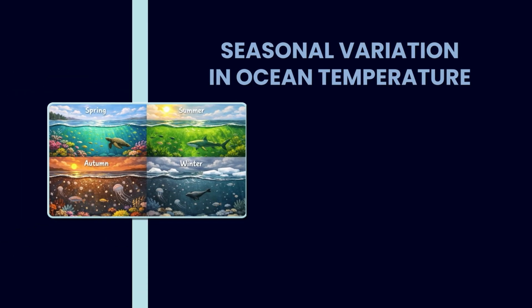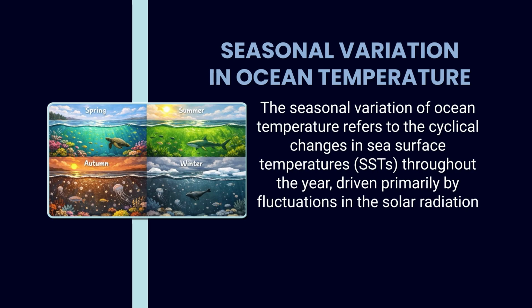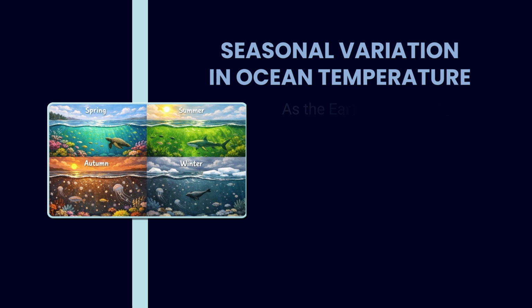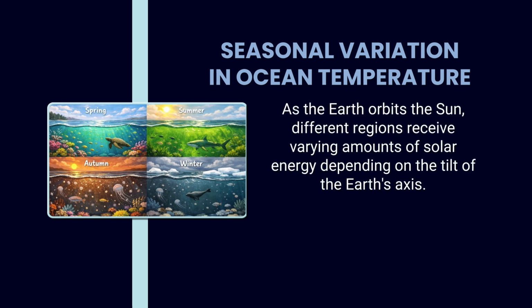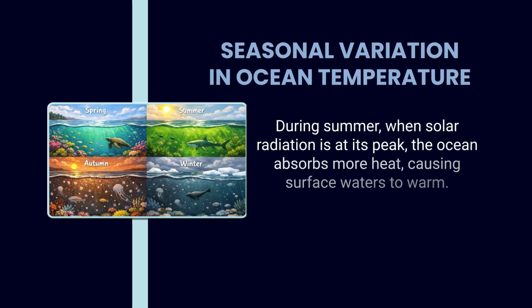Now, coming on to seasonal variation in the ocean temperature. The seasonal variation of ocean temperature refers to the cyclic changes in the sea surface temperature (SSTs) throughout the year, driven primarily by fluctuations in the solar radiation. As the Earth orbits the Sun, different regions receive varying amounts of solar energy depending on the tilt of the Earth's axis. During the summers, when the solar radiation is at its peak, the ocean absorbs more heat, causing the